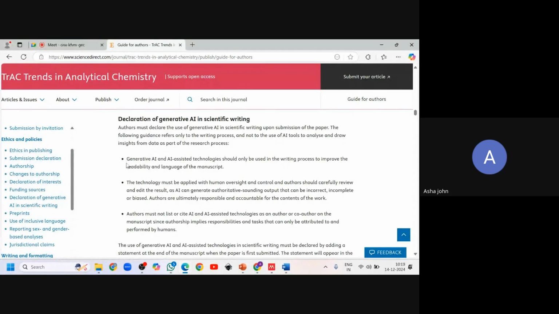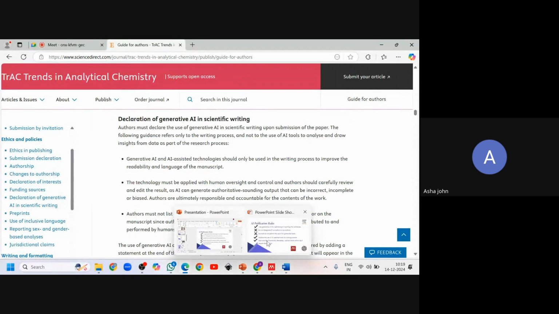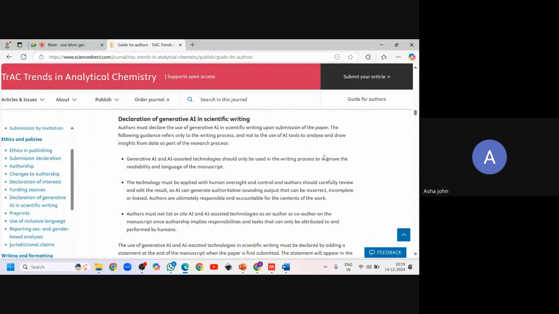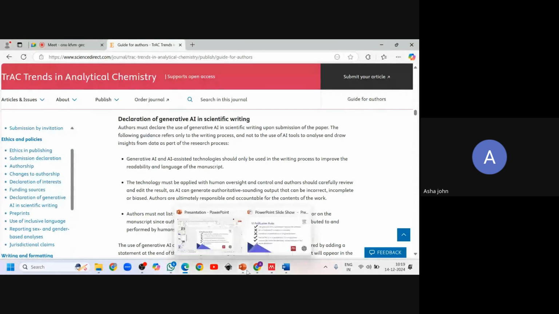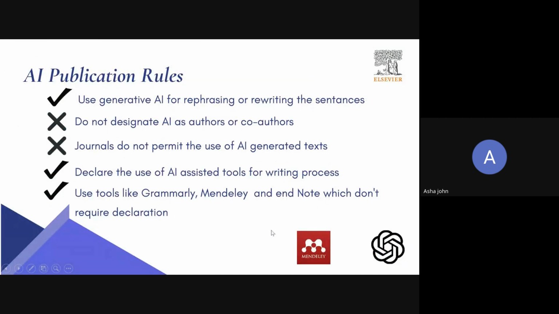Inside, you can see that generative AI and AI-assisted technology should only be used in the research process to improve readability and language. All the 5 points which I have mentioned here, they have mentioned on the journal page itself. So you should not try to go beyond this for research paper writing.